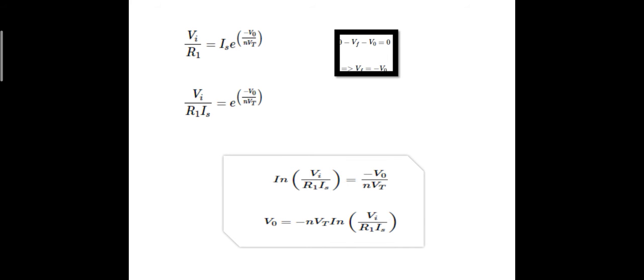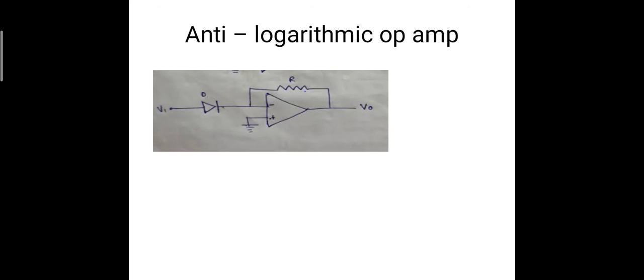Thus, on applying natural log, we get minus V naught by nVt is equal to ln of Vi by R1 Is, where V naught is given by minus nVt ln Vi by R1 Is. Some logarithmic value of the input is our output. So the anti-logarithmic op amp is just the reversal of this, where the inverting terminal gets a diode and the feedback gets